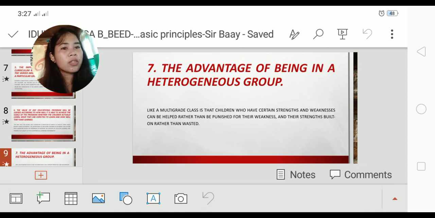7. The advantages of being in a heterogeneous group like a multigrade class is that children who have certain strengths and weaknesses can be helped rather than be punished. For example, if Alan is weak in English, the teacher shouldn't punish Alan. Instead, help him learn to love the English subject